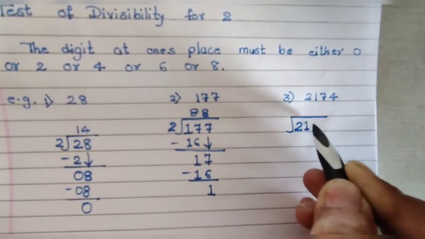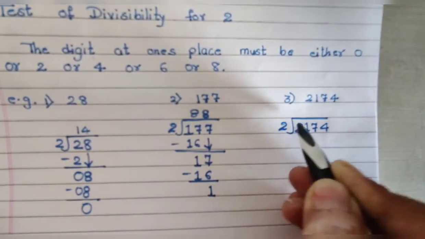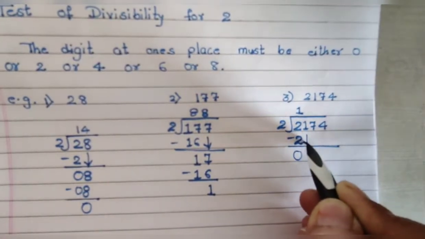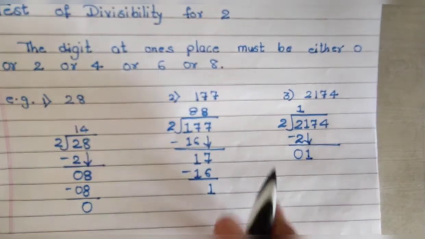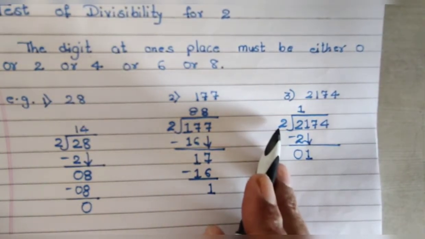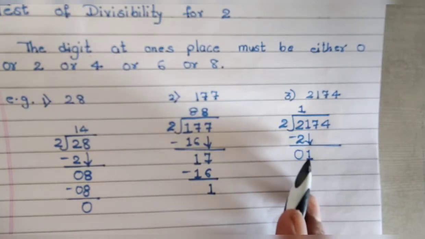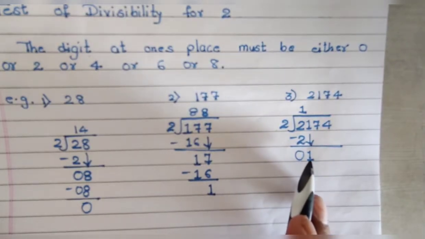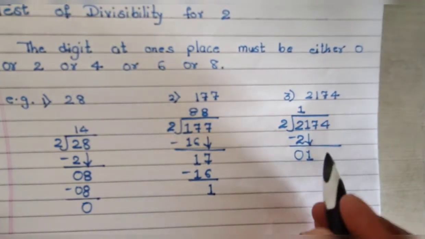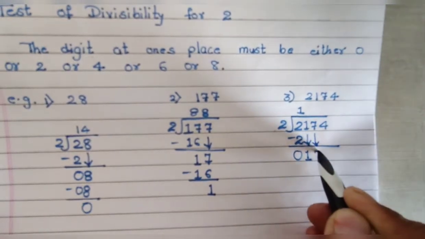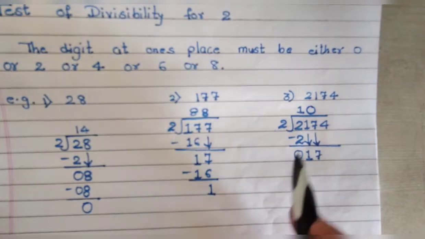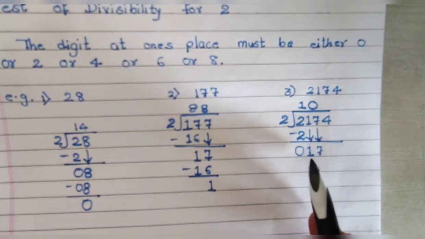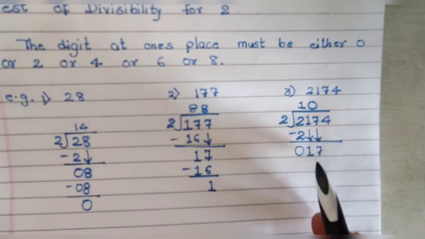2, 1, 7, 4. 2 ones are 2. We did minus. Answer is 0. The turn of 1 to come down. Now as you can see here, the divisor is greater than the dividend. Not possible. How can we divide 2 into 1? If we are going to take, it will be more than 1. So you want to take the second digit also down. To take the second digit down, you have to give 0 up at the quotient's place. So when you give 0 up at the quotient's place, you can take 2 numbers at a time down. Now it is 17.